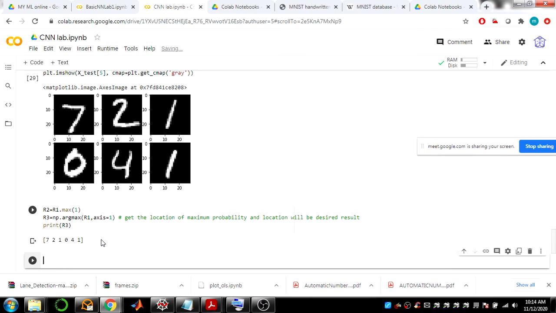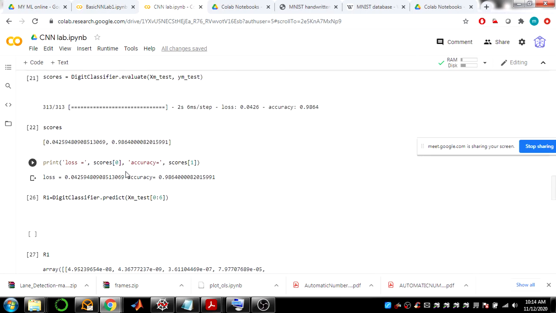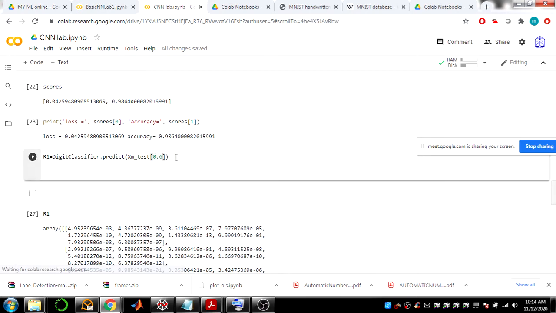You can take any arbitrary inputs and test it. If you want me to test for other samples, you can. In the test data we have samples starting from 0 to 10,000, right?